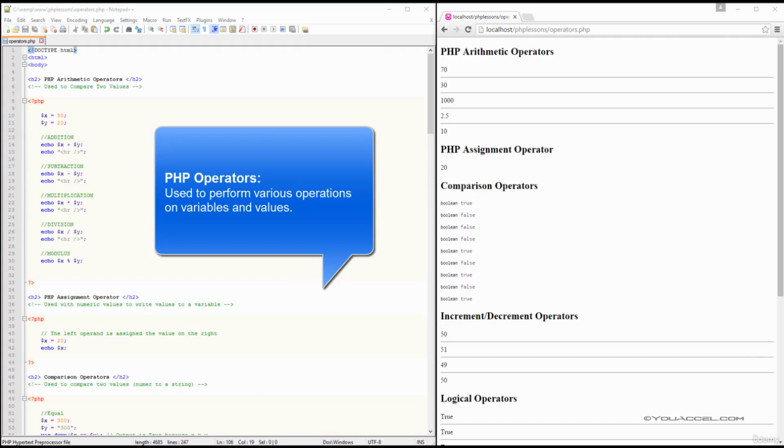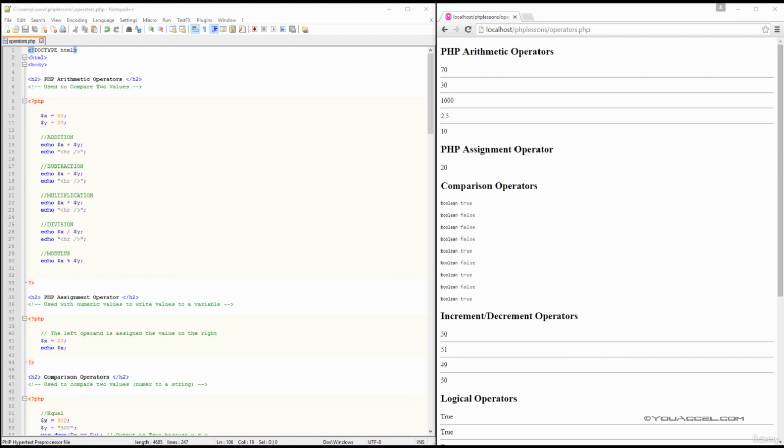Operators are used to perform various operations on variables and values. In this lesson, we'll do an overview of several operators. It's important to note that PHP divides operators into the following groups: